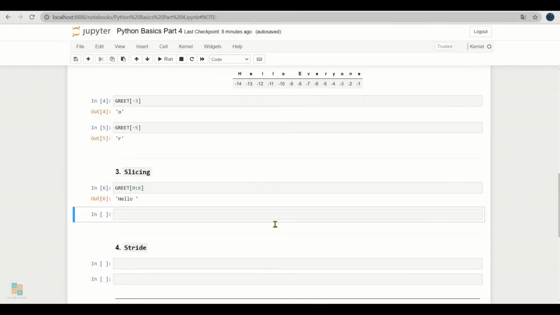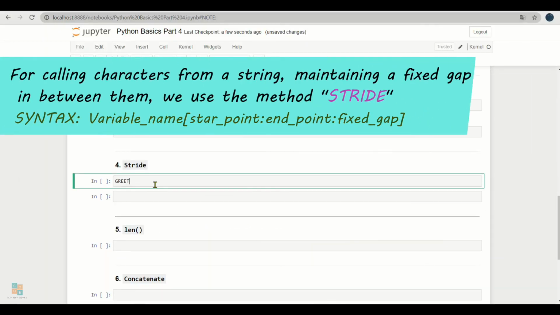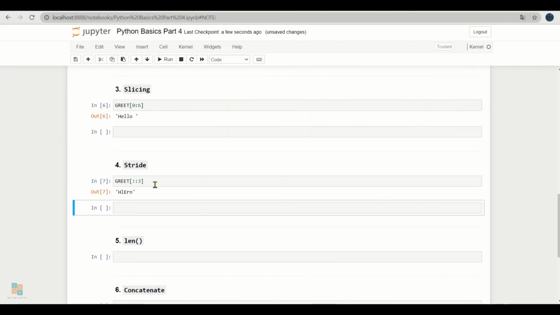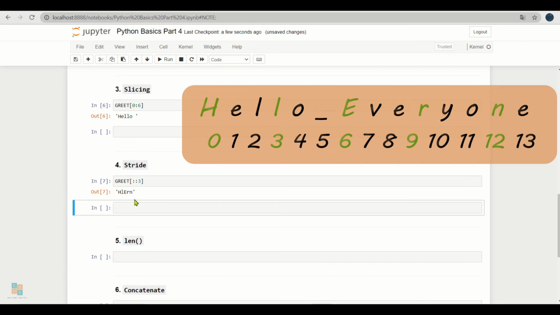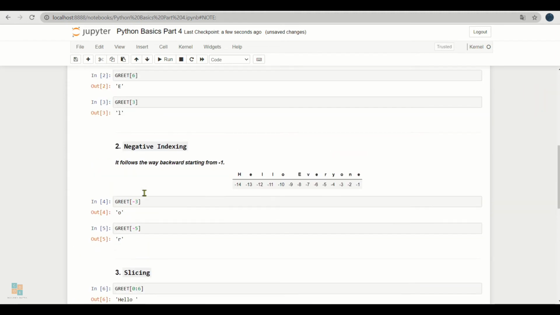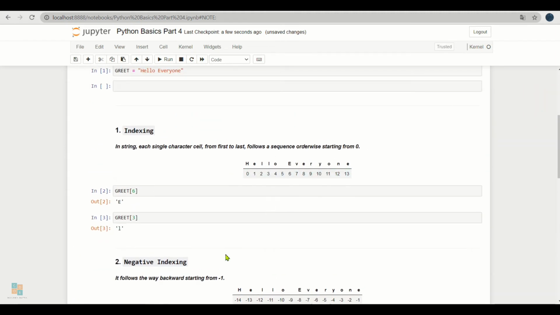And I forgot to tell, this method is called slicing, as here we cut a little slice of the string out of it. So this was the idea about slicing just consecutive characters out of a string. What if we want to choose them leaving a fixed gap? We write it this way. Greet ::3 and click run. Here 3 is to call every 3rd character of the string. So first comes H, and to the 3rd position from H comes L, and to the 3rd position from L comes E and so on, as we can check here from this index table.